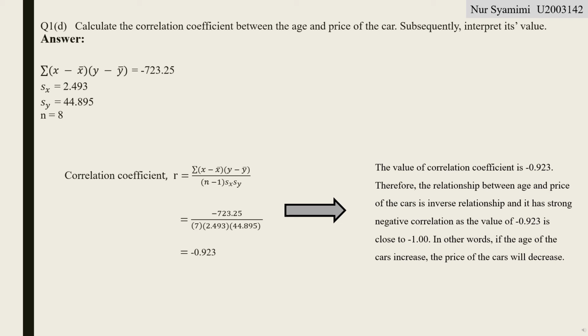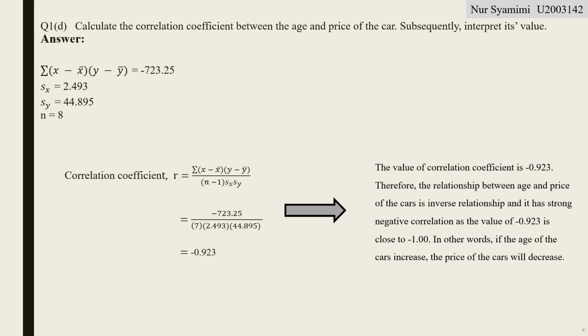So we know all the values from the previous slide, and we just insert into the formula and calculate it, and after that we get negative